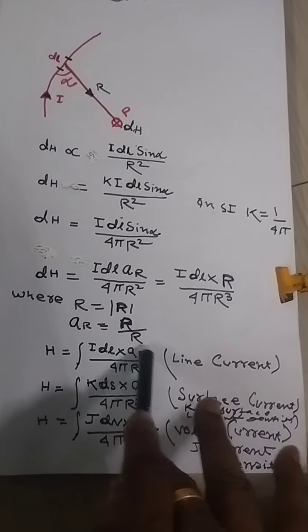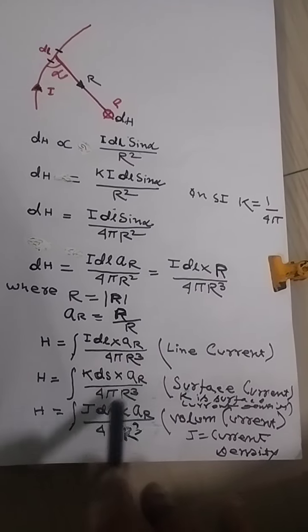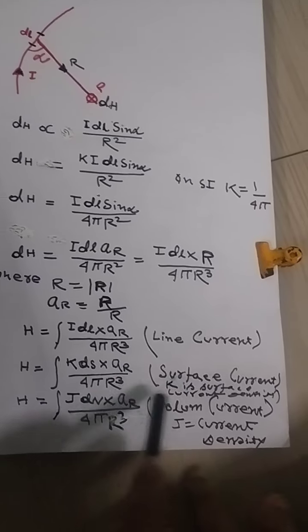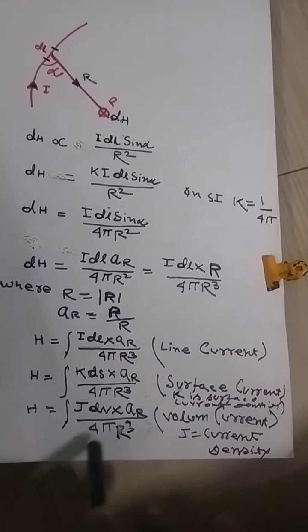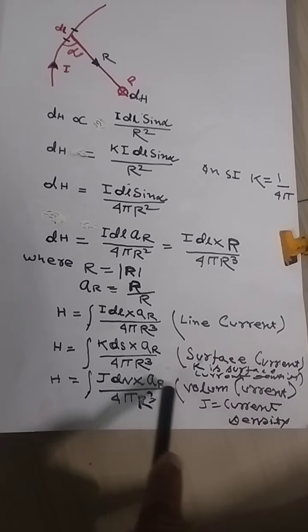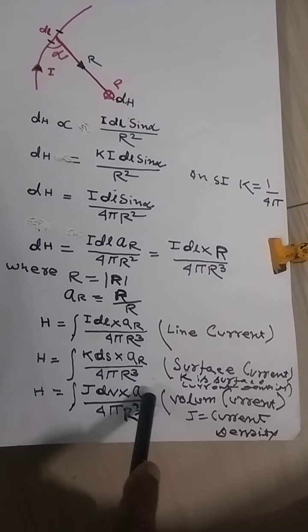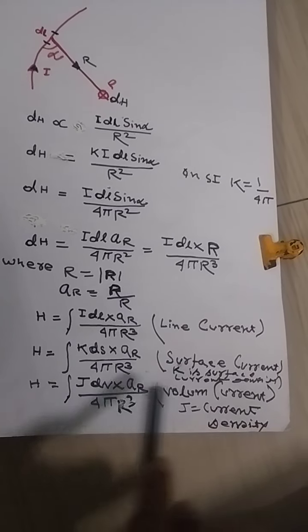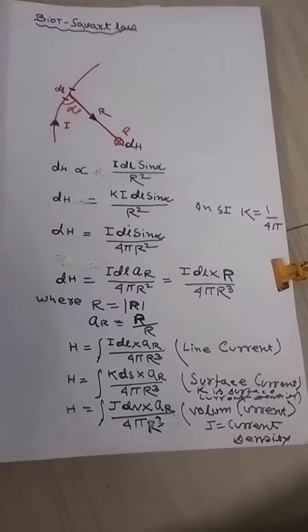AR is the unit vector. For surface current density K, H equals integral of K dS AR by 4 pi R cube. Now for volume current, H equals integration of J dV AR, where AR is the unit vector and J is the volume current density, divided by 4 pi R cube. This is the Biot